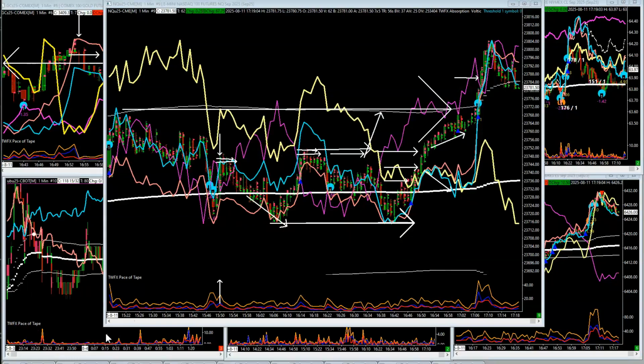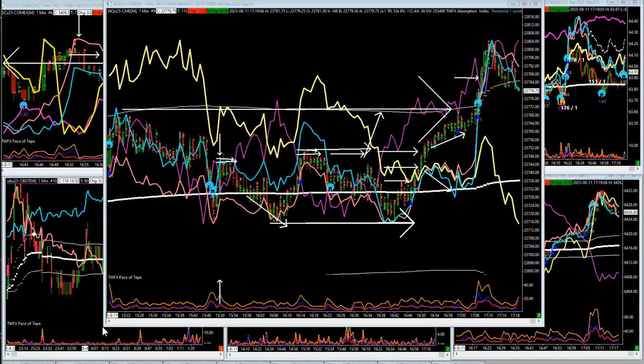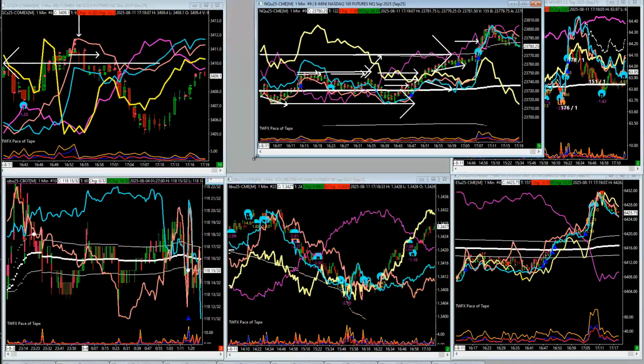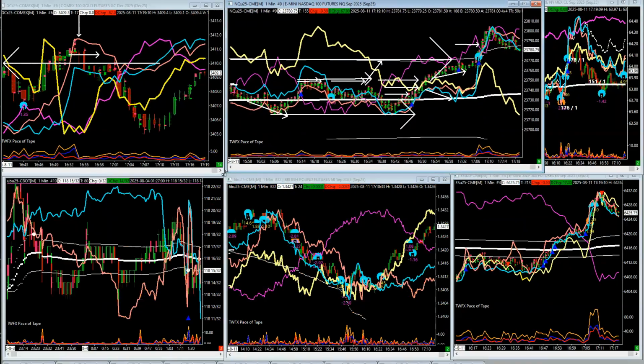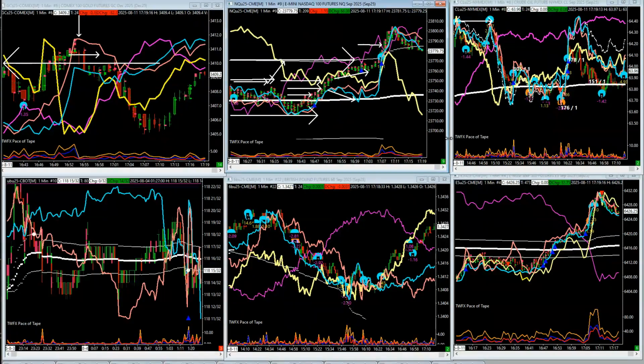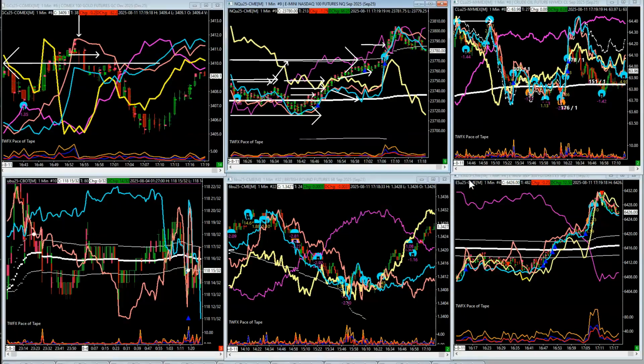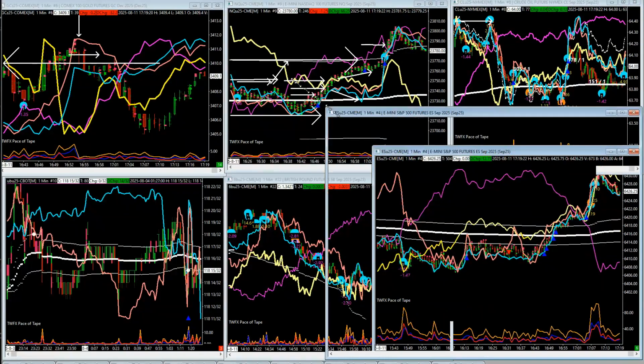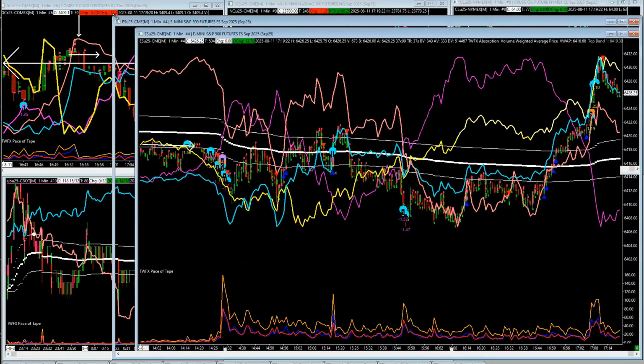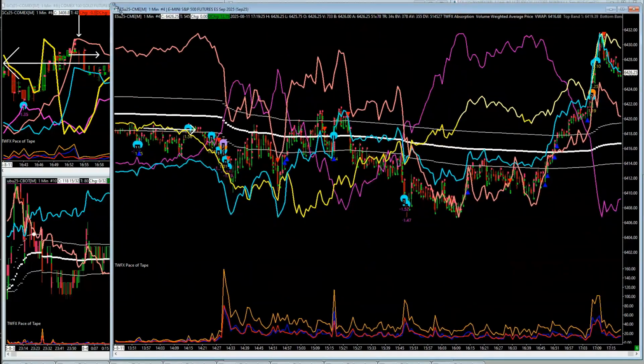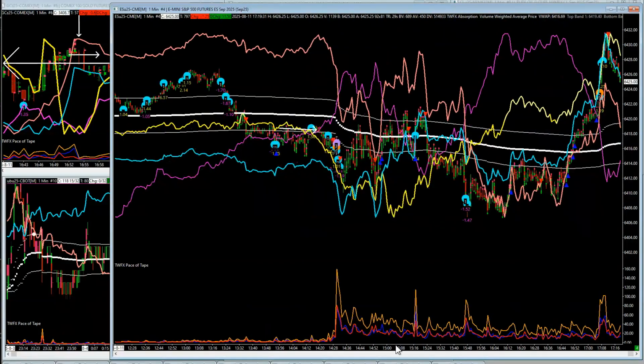The NASDAQ, we're looking at the S&P, so we'll use the S&P so that we're comparing like with exactly like. So let's take the S&P as the narrative. And a lot of times the S&P is a lot thicker liquidity, so sometimes the order flow is not as clear on the S&P versus the NASDAQ because of the thickness of it. But this is a good example that I thought was worthwhile mentioning, because we've got a situation here where we